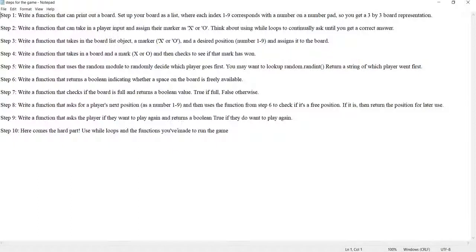Step 2: write a function that can take in a player input and assign their marker as X or O. What does this line mean? We will ask the user whether they want to be X or O. According to this, player 1 will be X or O and the other player will get the remaining one. Think about using while loops to continuously ask until you get a correct answer.